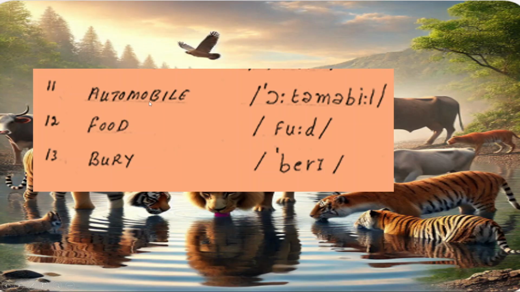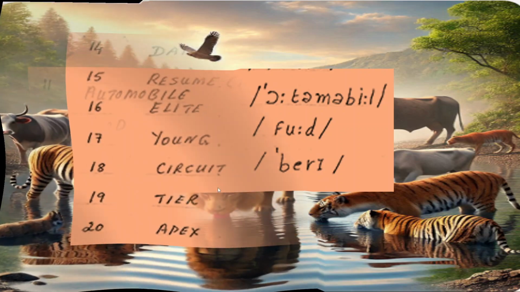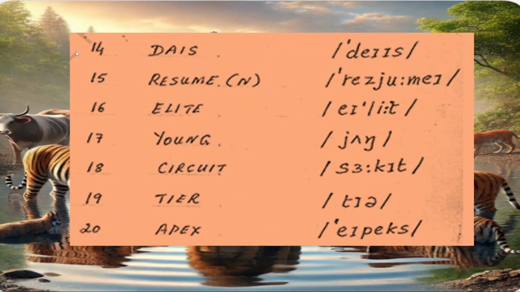11th, automobile. We pronounce it automobile. 12th, food. There is food, simple, not "food" in another way. 13th is bury. It is not bury, it is very. Pronunciation is very. 14th is